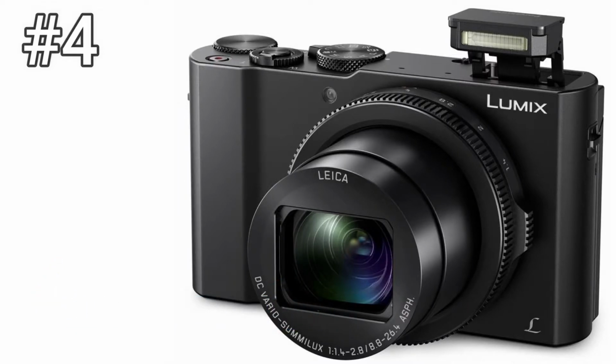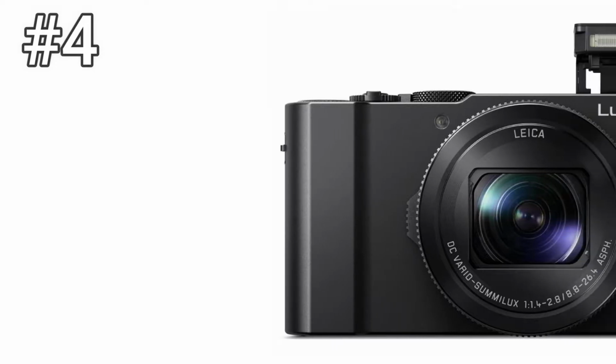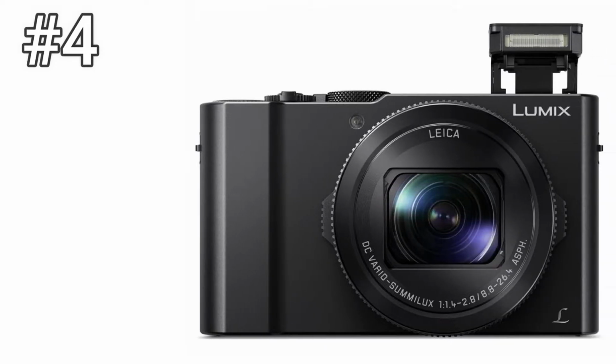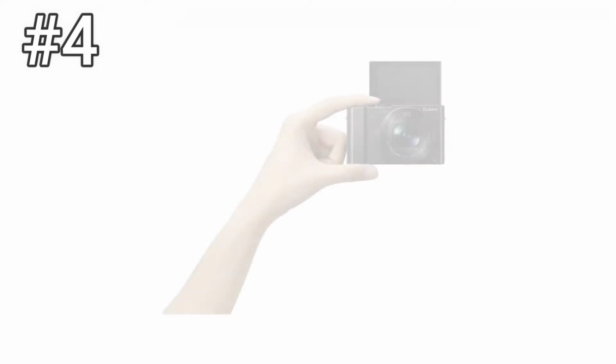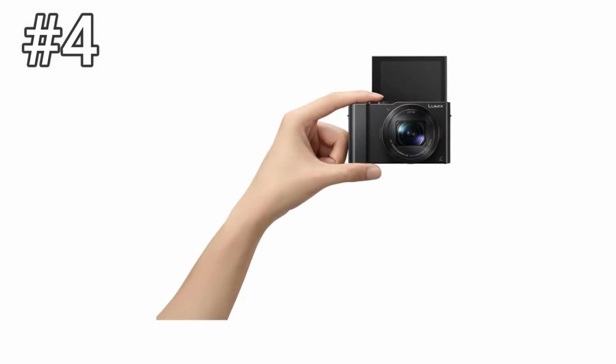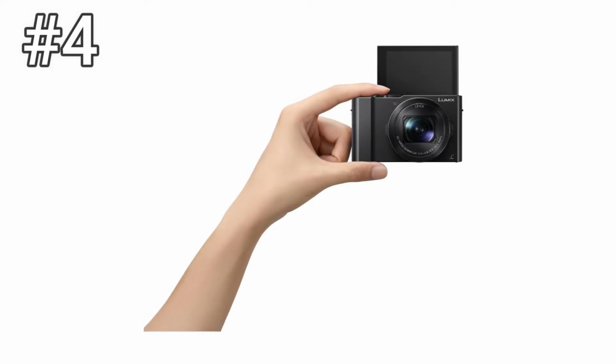What also gives the LX10 a little edge is the inclusion of a tiny but still useful electronic viewfinder. The EVF is a big help if you're on vacay somewhere with unrelenting sunshine that makes the rear display hard to see. Compared to more expensive cameras in its class, the Lumix LX10 holds its own with image quality, but